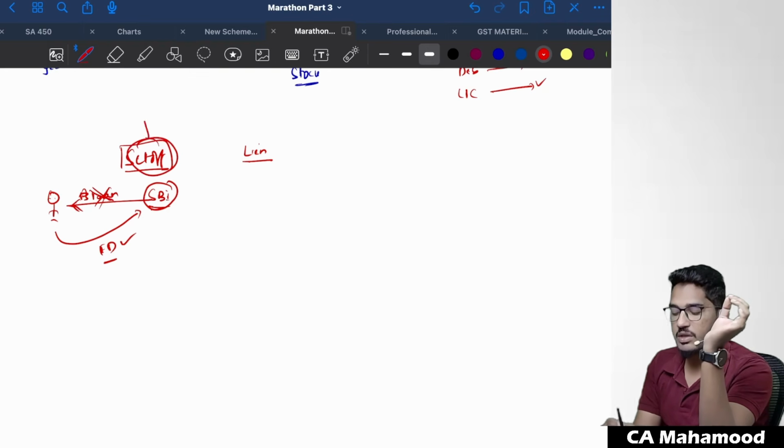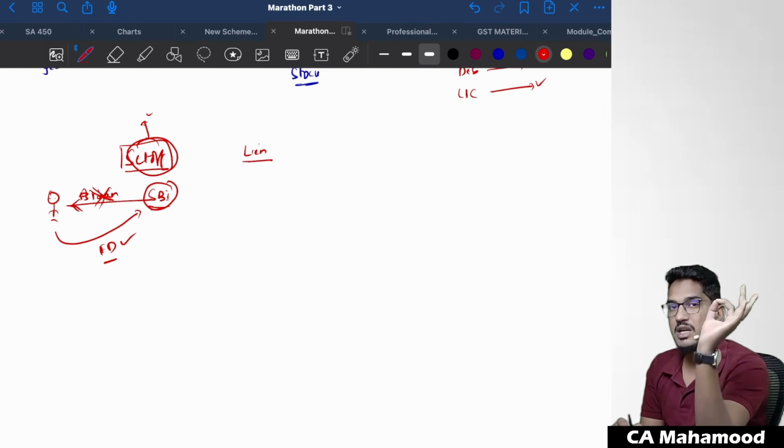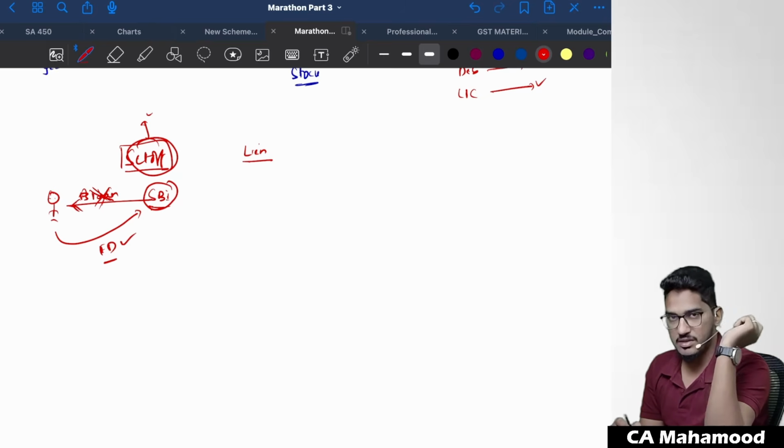This right available to the bank, we call it as set off, where the liability of a person can be adjusted against the asset of the person, provided both the accounts, both the asset and liability are in the name of the same person and in the same capacity. If both are there, then it can be adjusted. That only we call it as set off.